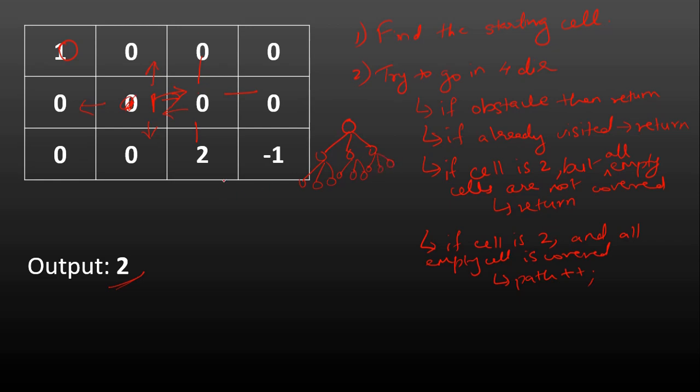And for this tree, the time complexity will be 3 raised to n. Okay, because I am going through each of the 3 directions and doing a backtracking, so I am doing a DFS for these 3 directions. So the time complexity will be approximately 3 raised to n. It's similar to a binary tree, but in a binary tree, since we only take 2 directions, it's 2 raised to n. Similarly here, in this case, it will be 3 raised to n, right?